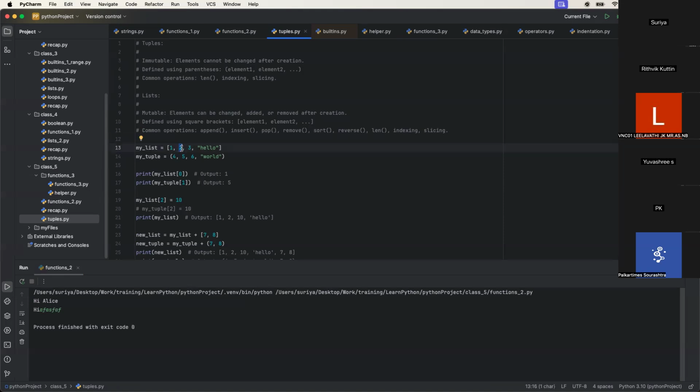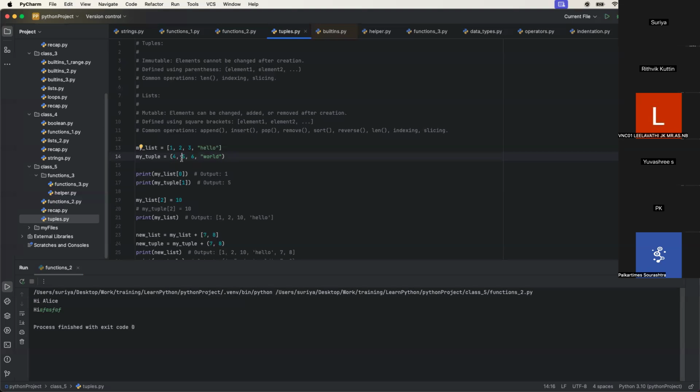A tuple is not like that. That is the major difference. Once it is declared it is always the same, you cannot